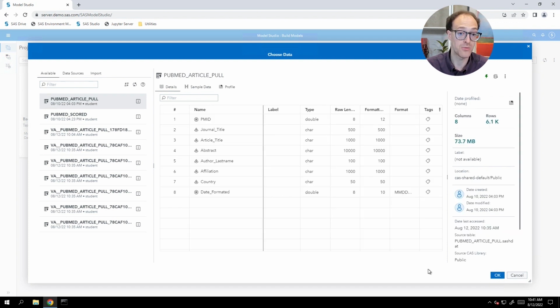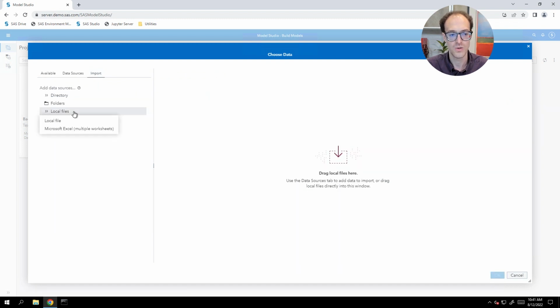I had to load it into memory to show you the Visual Analytics dashboard. However, it might not be in memory on the virtual machine that you're using if you're trying to follow along with this demonstration. So I wanted to show you the steps to just import this file. So on the virtual machine, we'll go over to Import. We'll select Local Files, Local File.